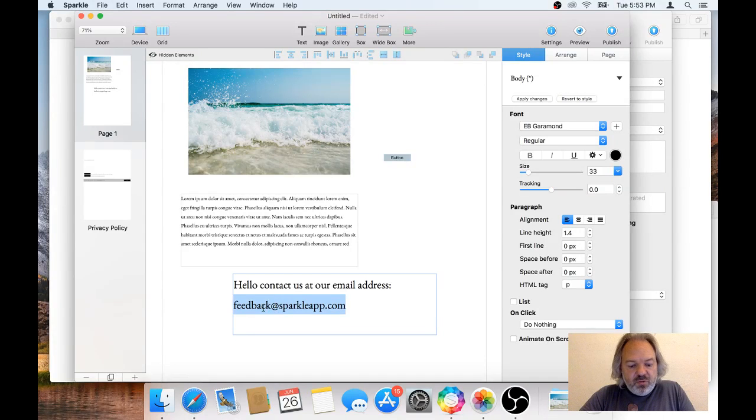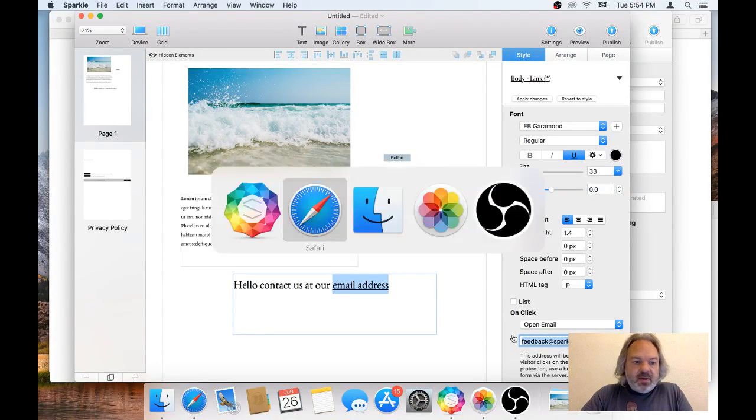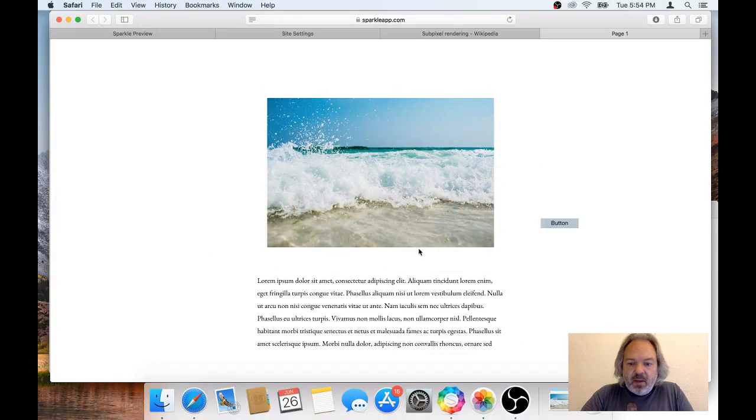The first thing to do is to not use your email address in plain text anywhere. So what you have to write here is something like, contact us at our email address, and then make this open an email. So when this is linked, on click, open an email, and that address is here. So what this does is it creates